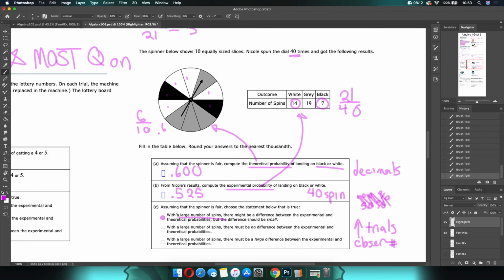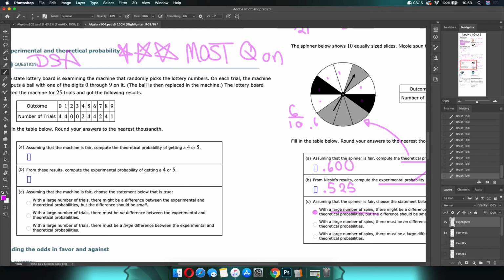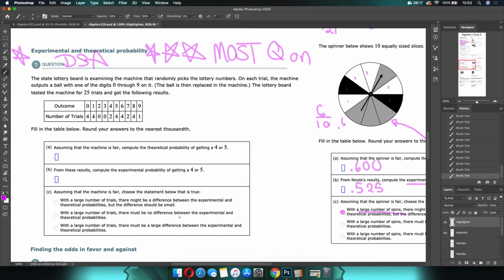So with that as our walkthrough, let's go over to the other one, because they don't give us a spinner for this one. Instead, we're told we have 25 trials. All right, so this is for experimental. So which one is experimental? That one's experimental. So it's going to be out of 25 trials, and then we're looking at 4 or 5. So how many times did we get a 4 or a 5? 6. So our answer here is going to be